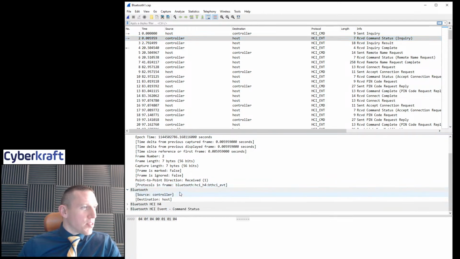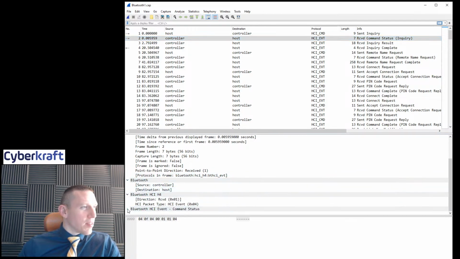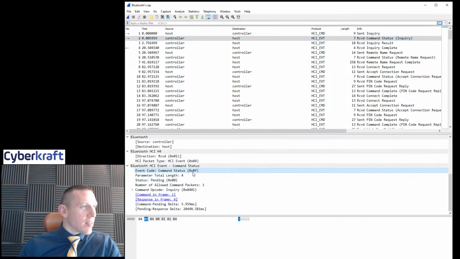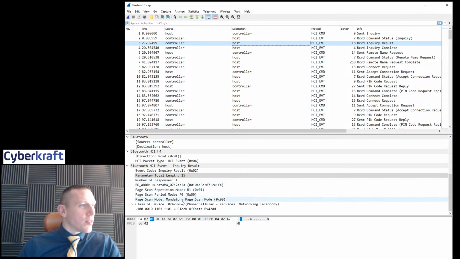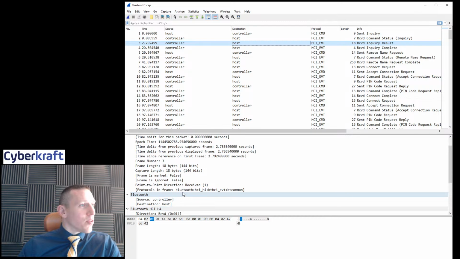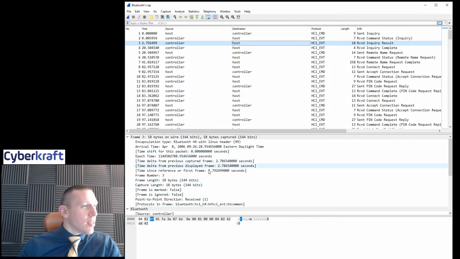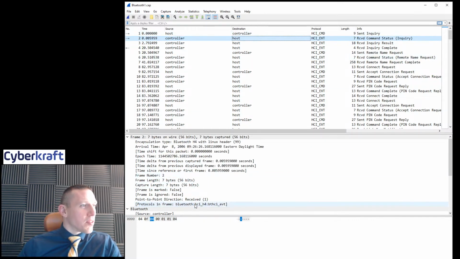So we have an HCI command, then we have an HCI event. And can we see what was done here? Command status, pending, event, inquiry result. And I'm not super familiar with Bluetooth, so I'm going to learn this together with you guys. Let's see. You see this received. I'm just looking through these statuses here, because each of these types of